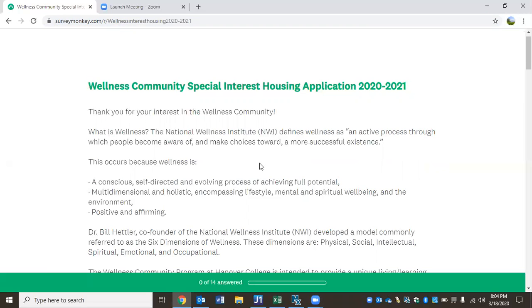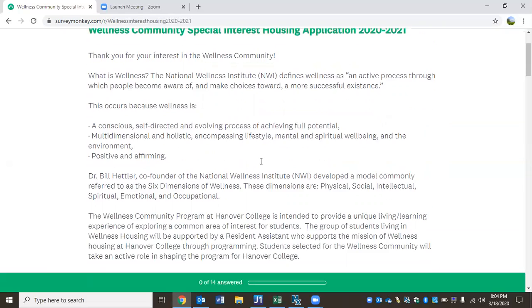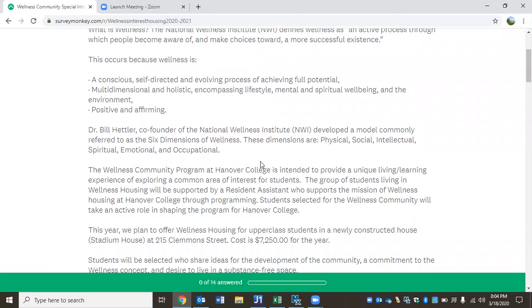So Wellness Community is essentially a house of people who have a common goal of developing wellness, so helping themselves be more well in mental health, spiritual health, physical health, and their lifestyle. And so what happens in that house is that the RA will help program around 6 dimensions of wellness, including some of the ones I just talked about: physical, intellectual, social, spiritual, emotional, and then occupational. So talking about how you start thinking about applying for jobs and working on your resume, things like that will be part of the